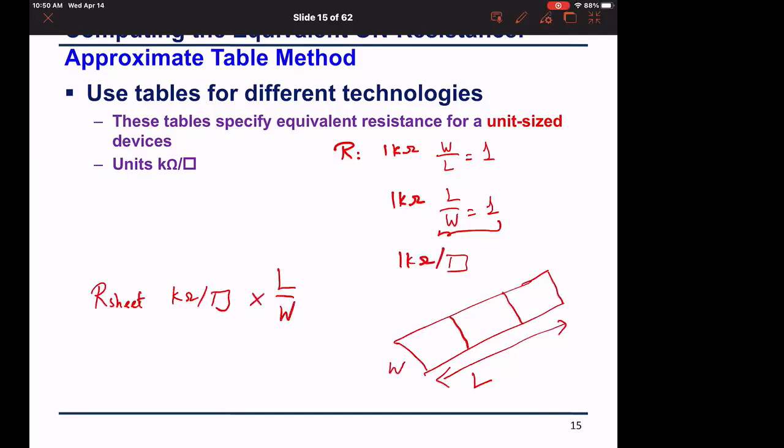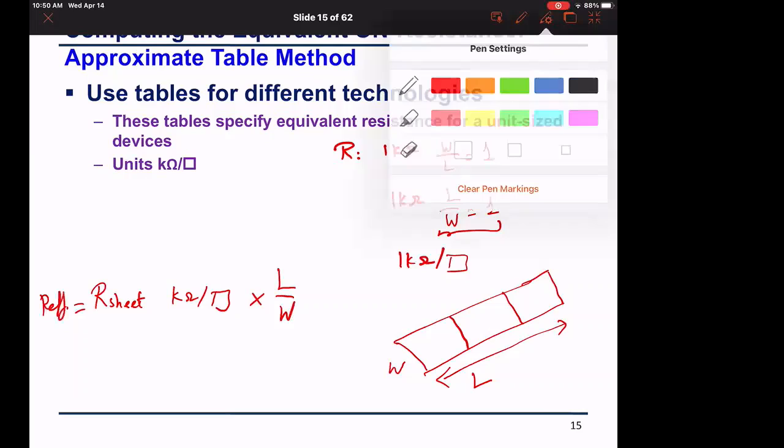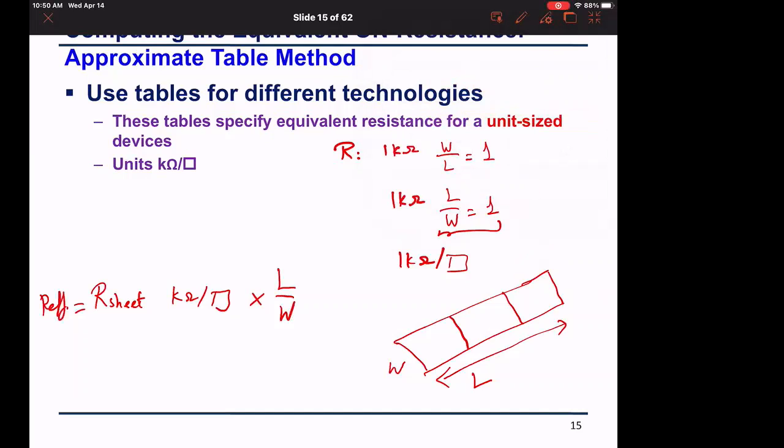Now, what does this mean here? It is simple for me here. What this means is that now, if I am given that the resistance for the transistor is 1 kilo ohm per square, then I'm going to say that my R effective, and I know that for my transistor W by L is 10, is 1 kilo ohm times L by W, which is 1